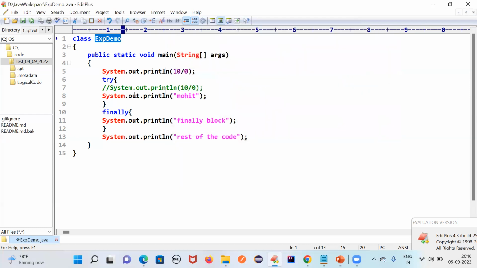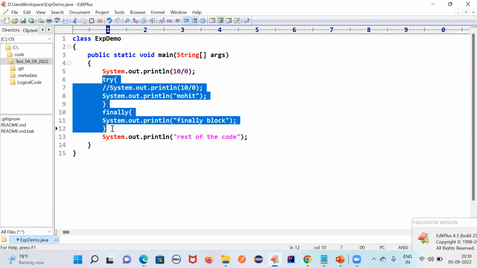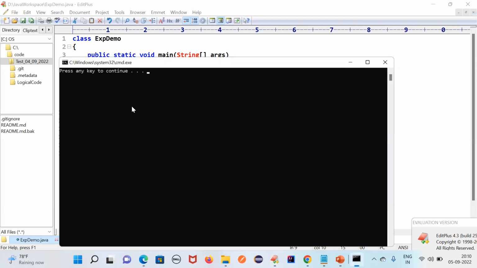So here you can see this statement I have not written inside this try. What will happen? This is not a part of this try catch. In this condition, finally block won't be executed because this statement I have written outside the try, right? If you want to perform exception handling, if you want to handle the exception, you have to write your actual code inside this try block. If you are not writing that, it is your simple code, so in this scenario, finally block won't be executed.